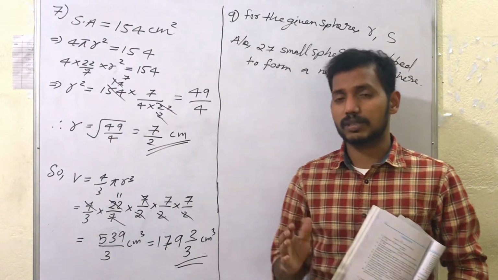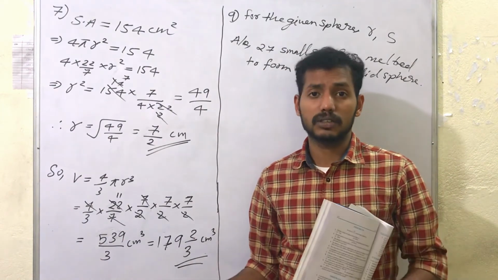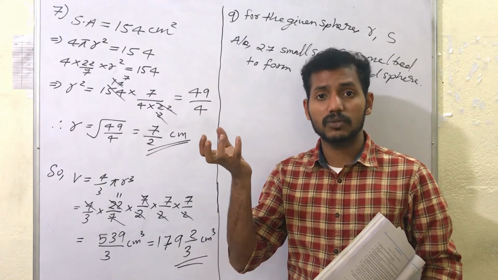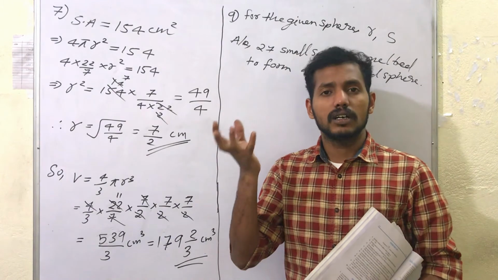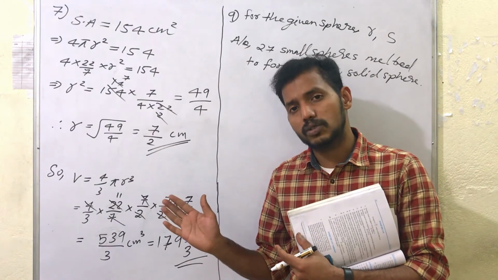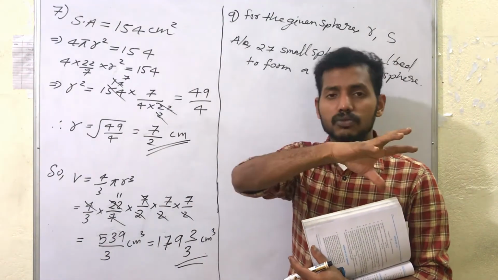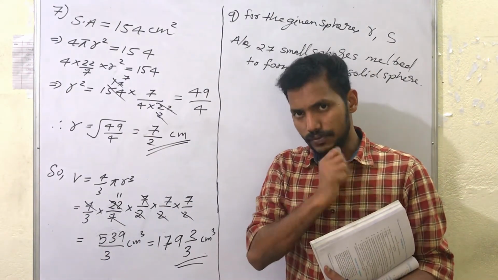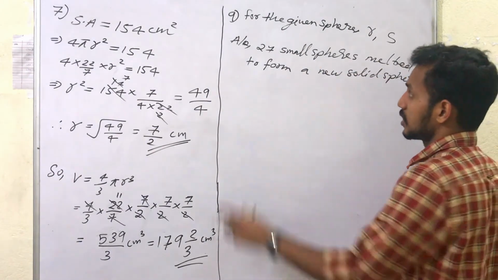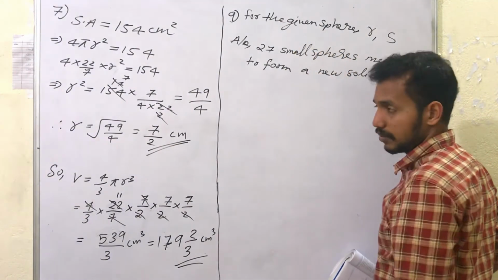Okay, that is a very important concept we need to remember. But the surface area cannot be equal. Clear? It depends on the shape of the object. But the volume, the amount of the substance, iron, is not going to change. How much substance we used to make the 27 solid spheres, that much iron is converted to a single sphere. That means the volume should be equal. That is the concept we need to understand for these types of questions. This is a very important question even for your class 10 syllabus.